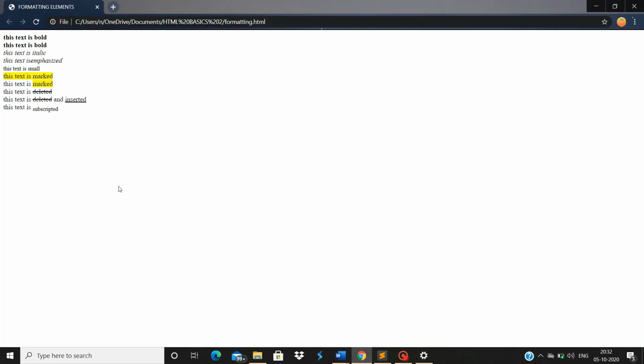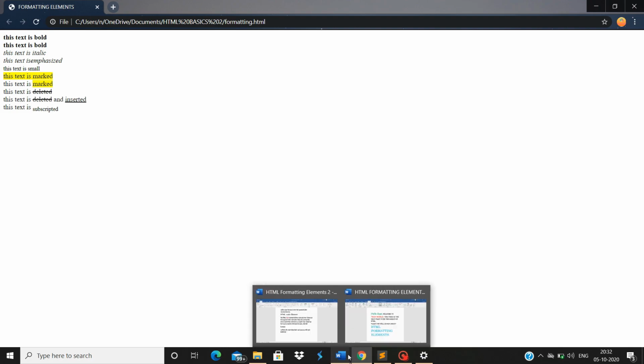So see, this is our subscript word where we have used the subscript.